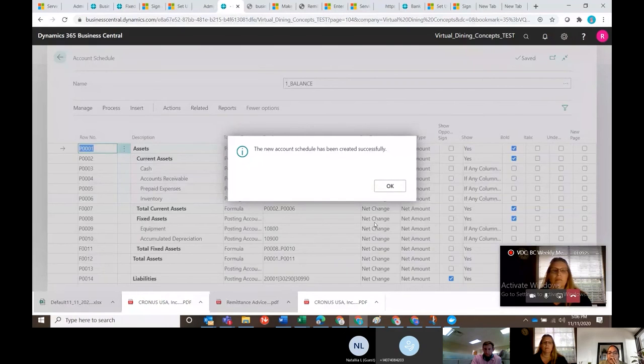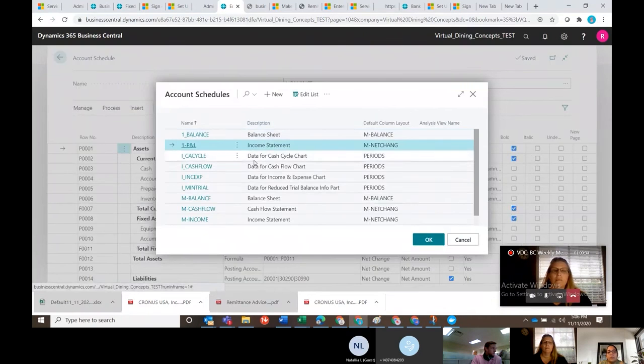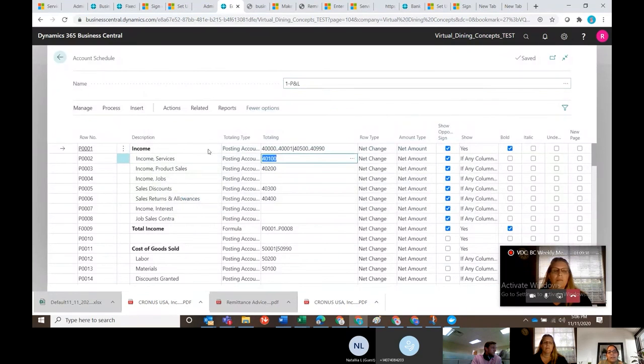So now that I have this, I have the initial setup. Why didn't I use the one that I just created? This one. So the P&L that we have here, it has these lines. This is the standard that comes with the system. This is our sample. The only thing that we need to do is change these accounts, because this is probably